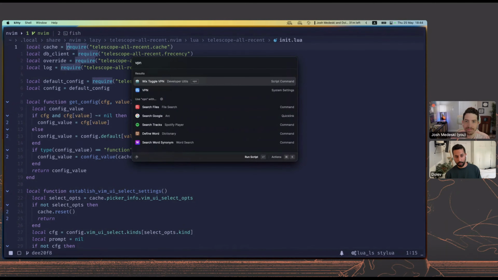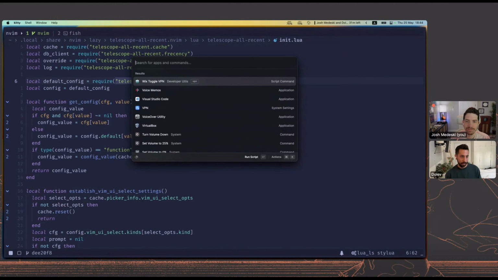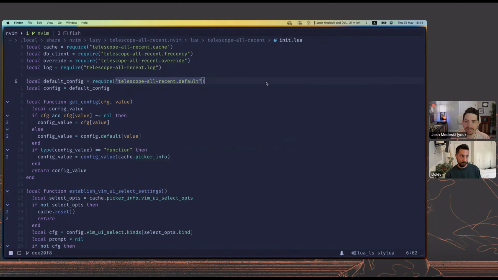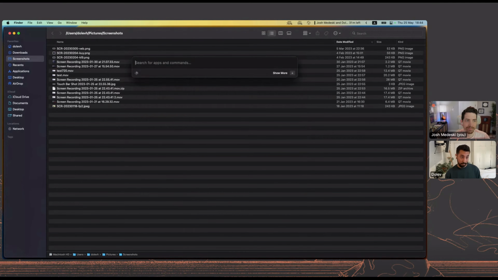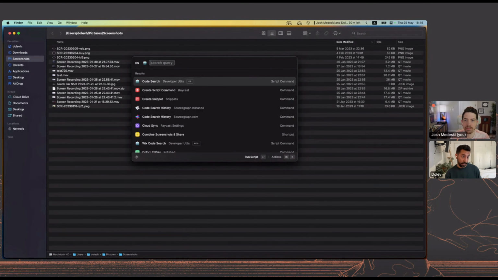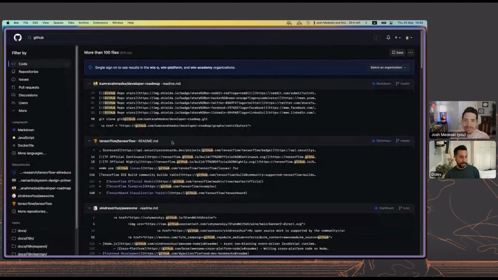And yeah, I have some other Mac stuff, like I use Raycast for some stuff. I have a script to connect to my work VPN, which is basically an Apple script that clicks here and then connect. So I don't even have to reach for my mouse for that. That's pretty cool. And I use an emoji picker in Raycast as well. And also there's code search, which I have open. I use a lot of GitHub code search to copy code from someone else, basically.